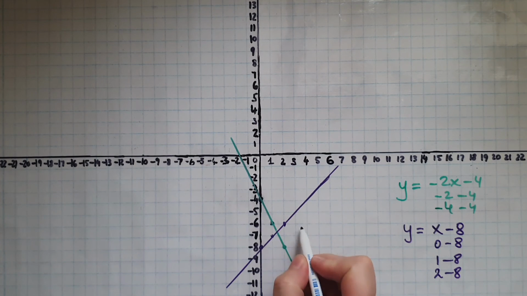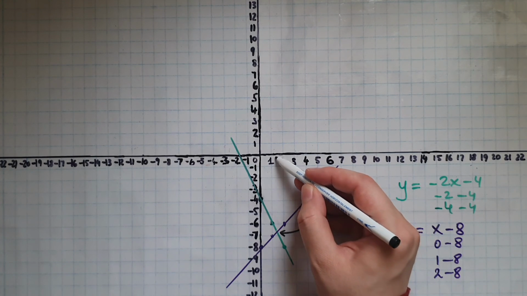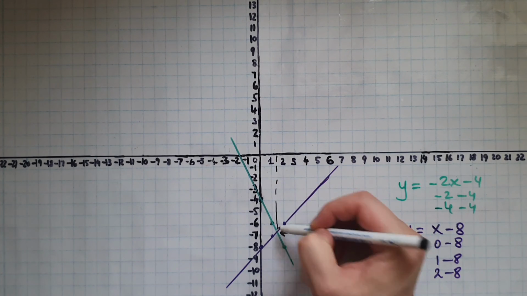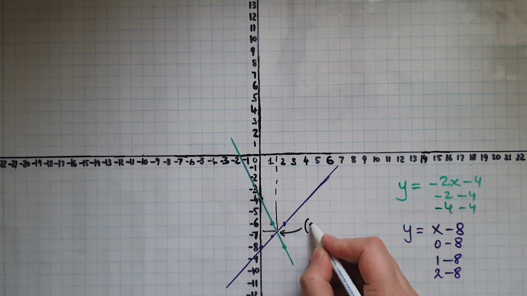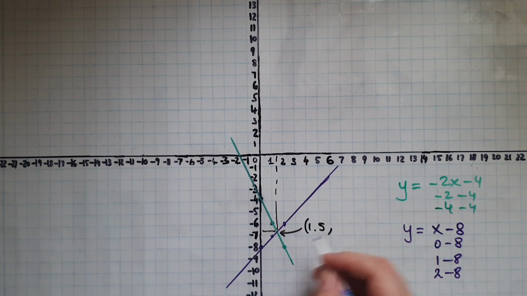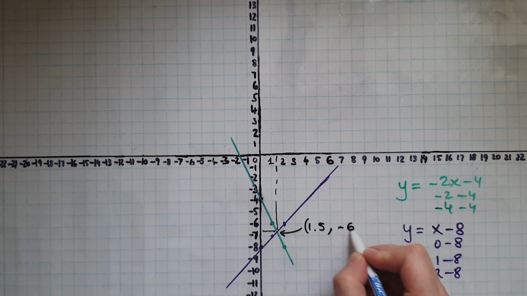And we can clearly see the solution here, which is this point here, and that is approximately 1.5, negative 6.5,